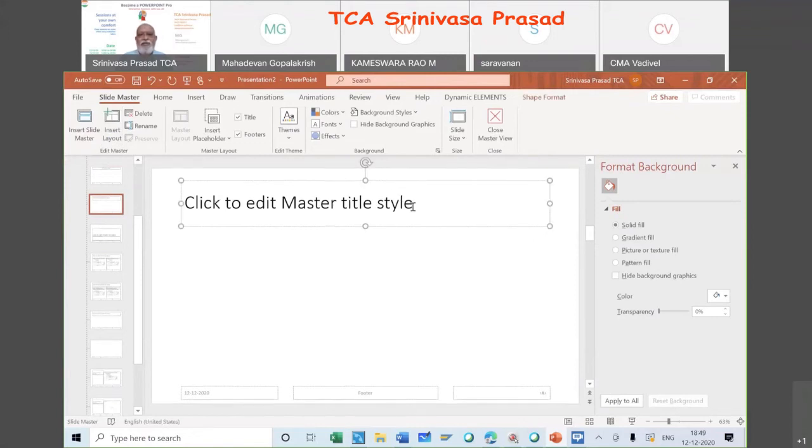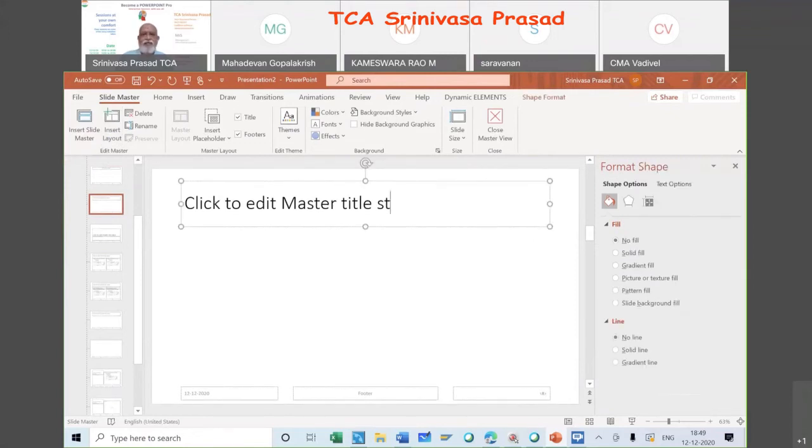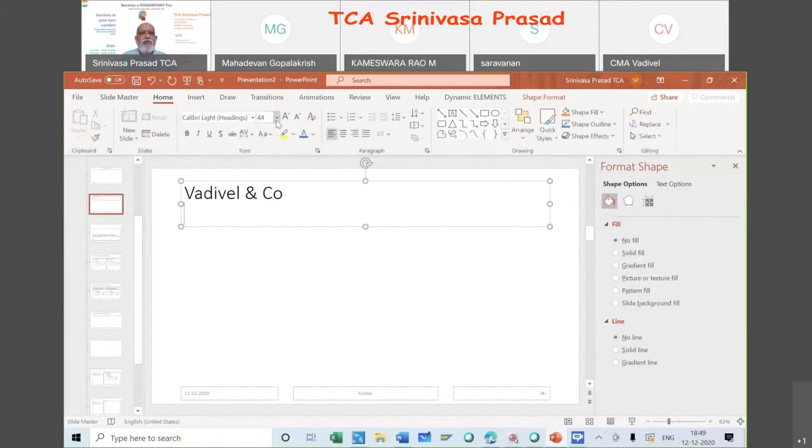Now insert layout, we will take it as, Vadivel, sir, please tell me what I am supposed to enter. See, in the name it's Vadivel and Company. And down, we'll put mobile number or email ID. Down, sir. So Vadivel and Co should be at the top right always. You can decide wherever you want. Let us take 18, small one only. Let us not take it bigger. Give me the mobile number or your email ID.